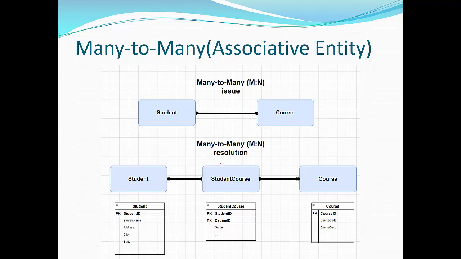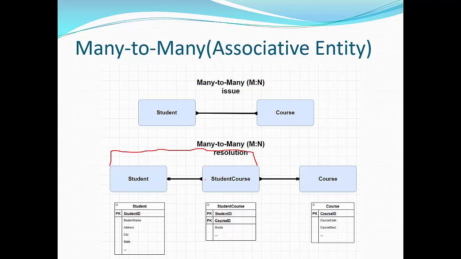So all you have to do is create another entity. We call that other entity the associative entity. Some people call it the bridge entity, right? Because as you have seen, it's bridging the many-to-many. So what we have done is we have students to student course. Instead of going straight from student to course, which is a many-to-many cardinality, we have students to student course. Right now we have a one-to-many,